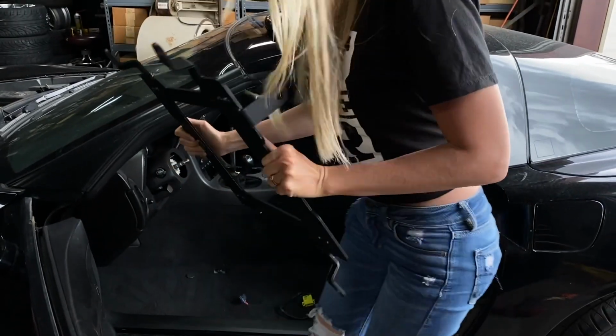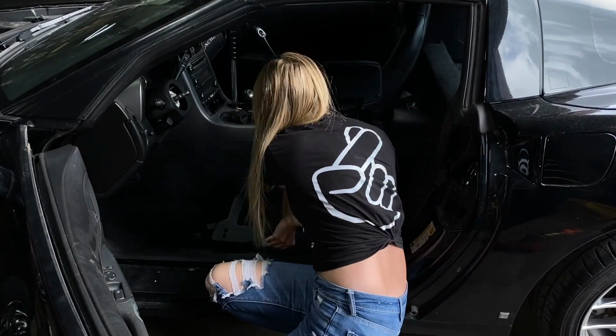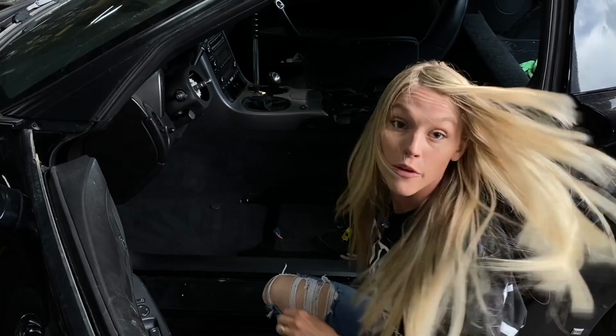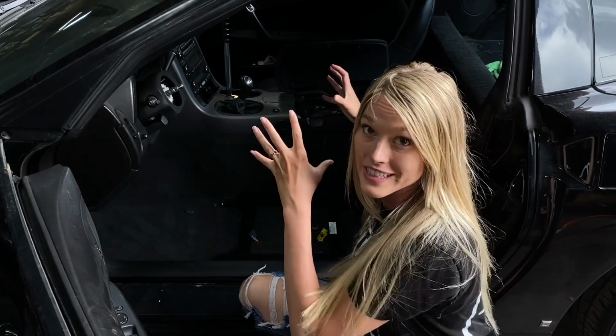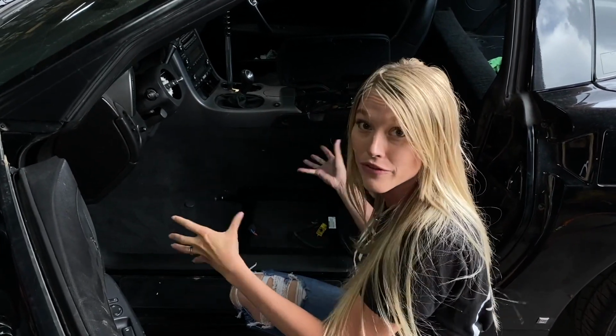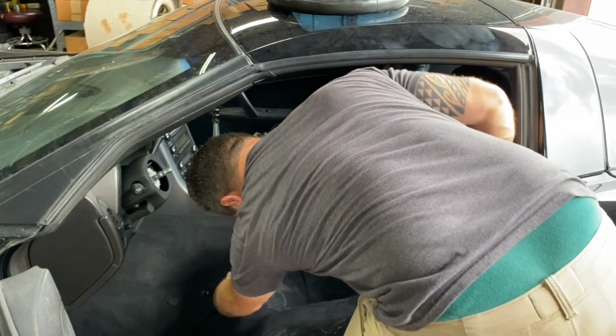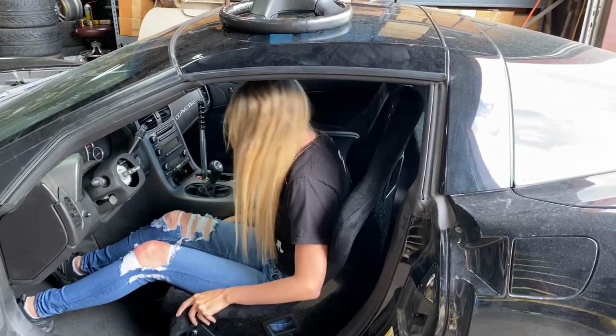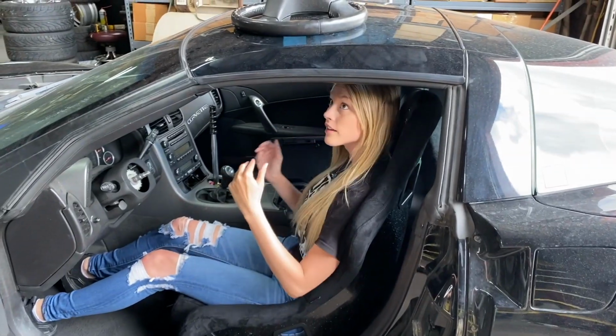So this goes in first. And then what we're gonna do is we're literally just gonna set the seat in there and see how it feels. All right, so bolt somewhere right around there. And that's,